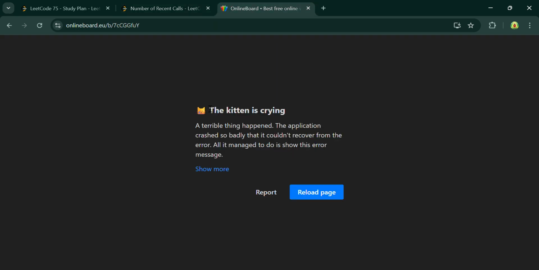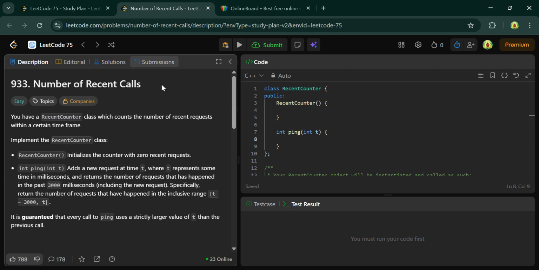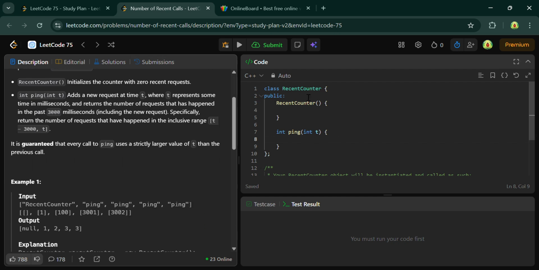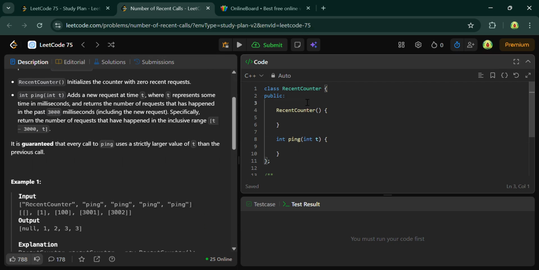First you have to create a queue. First you have to define the queue globally, which is of int type queue, and then in the ping function you have to push q dot push t, and then create int low which is t minus 3000. Okay,